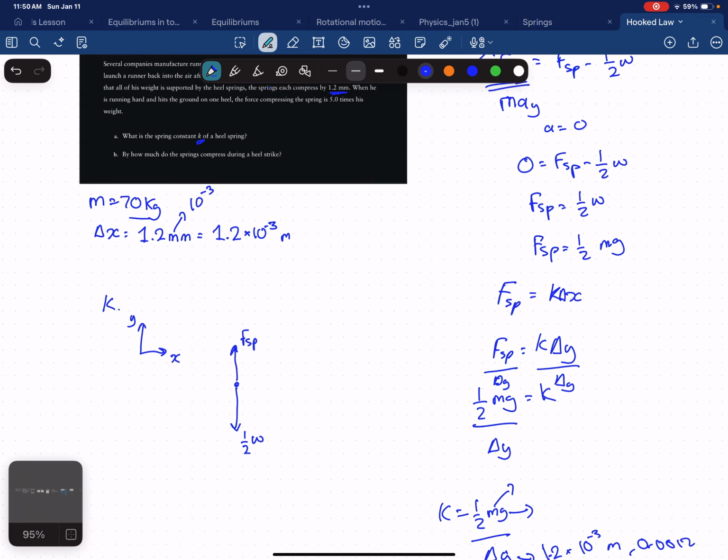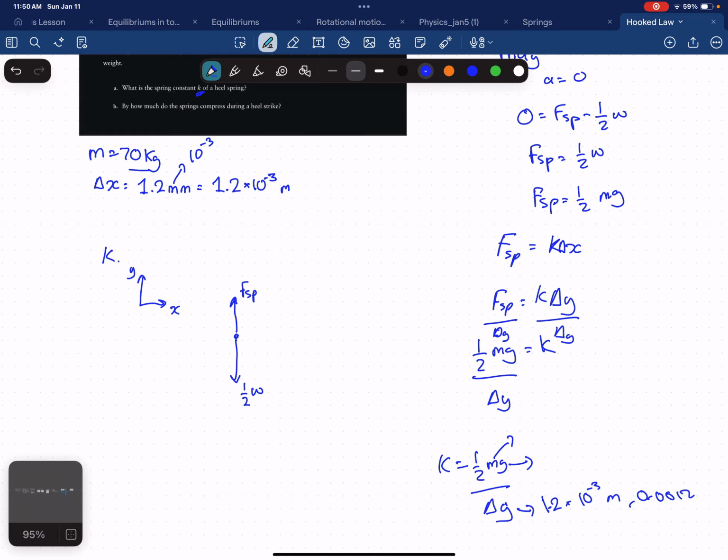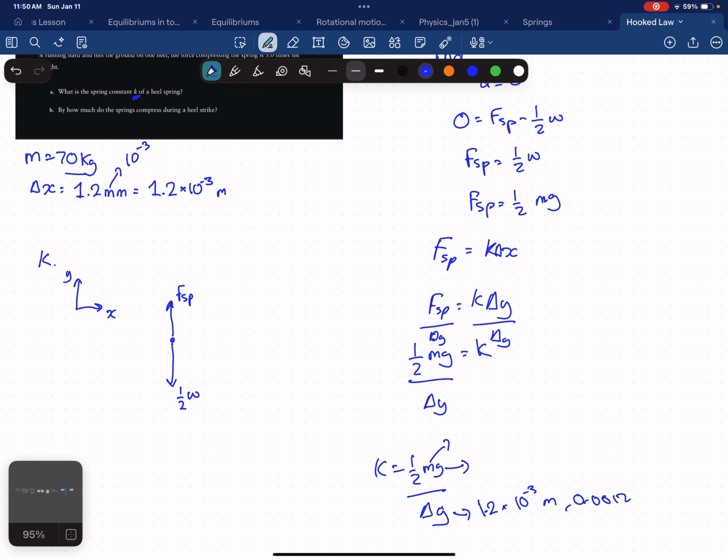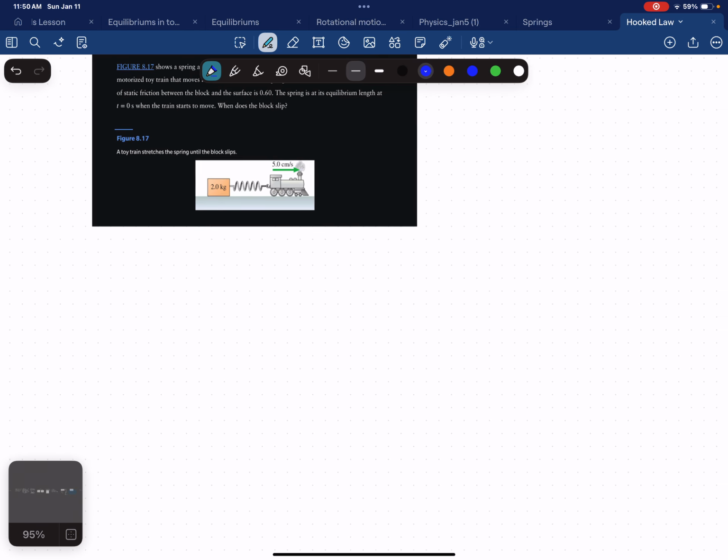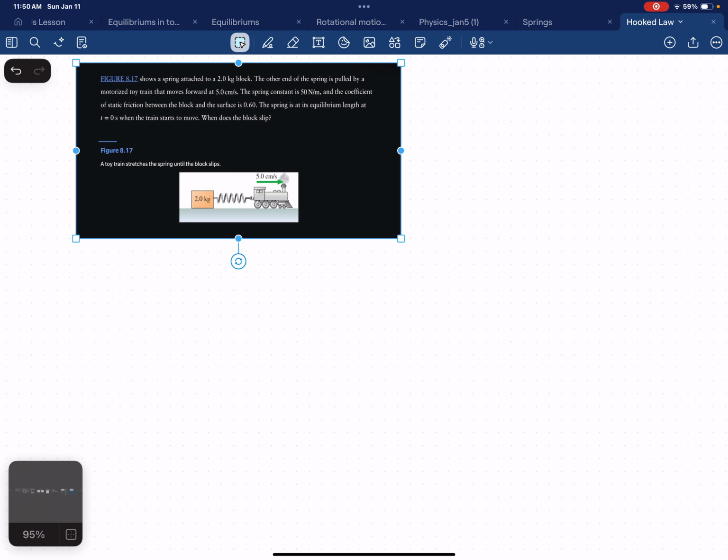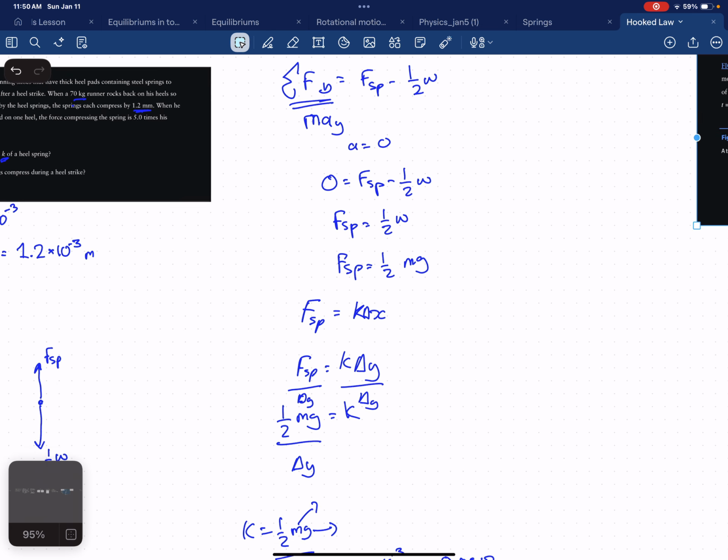We solve for K. And we want to know by how much the springs compress in a heel strike. For that, I think we might actually have to solve this. I'm going to shorten the video by only solving one question. So let me